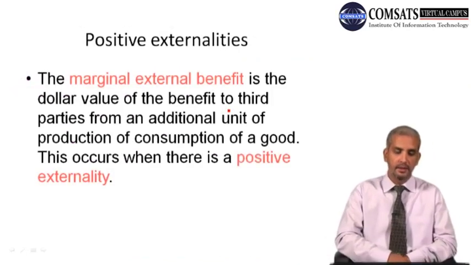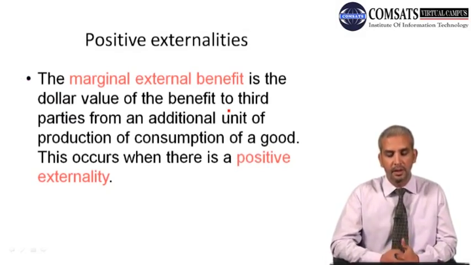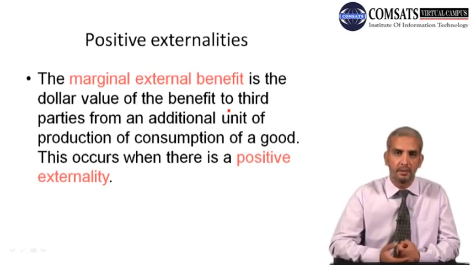Now then there is a positive externality. The marginal external benefit is the dollar value of the benefit to a third party from an additional unit of production or consumption of a good. This occurs when there is a positive externality. When there is an external benefit,